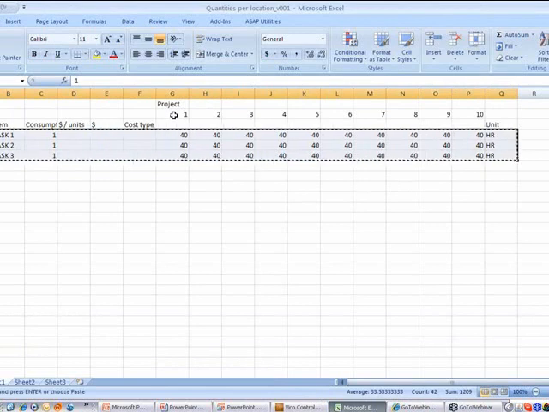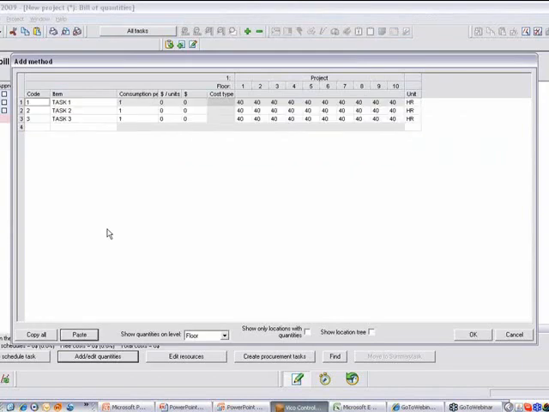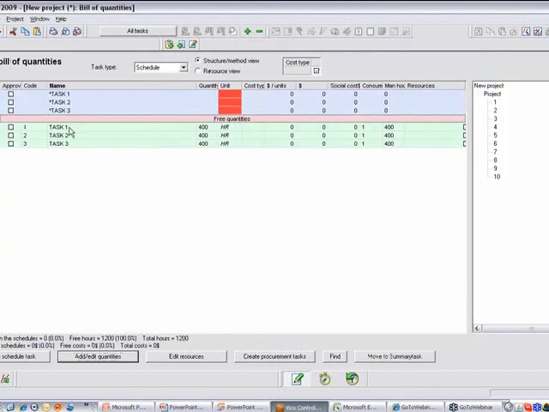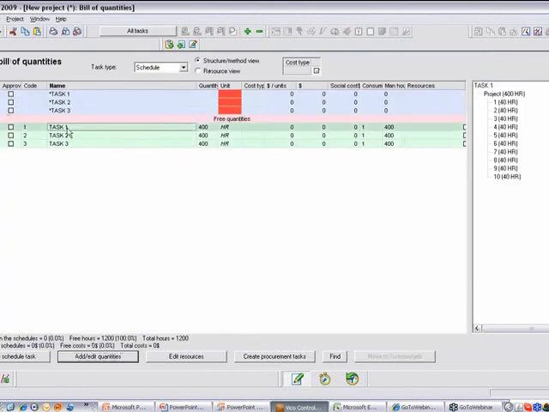You can see that I broke down the locations, and I've got all 3 tasks listed here in my Excel spreadsheet. When I copy these quantities over to my Control spreadsheet,